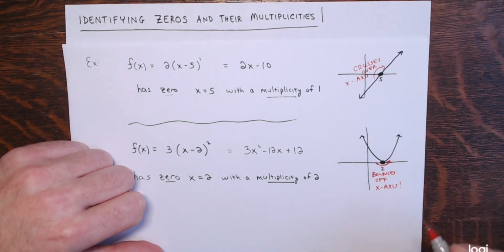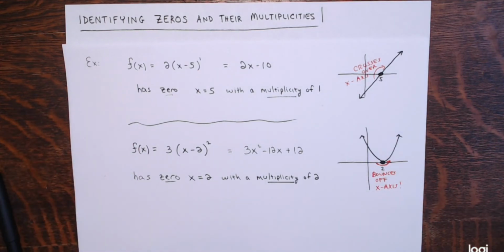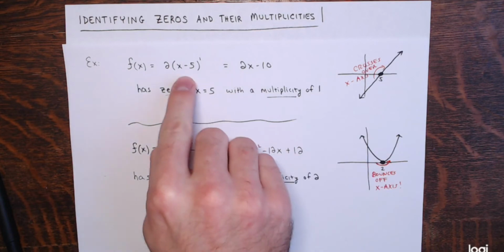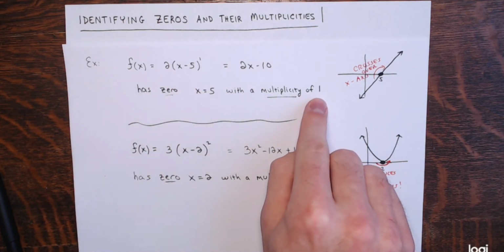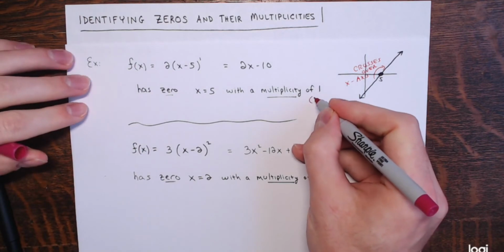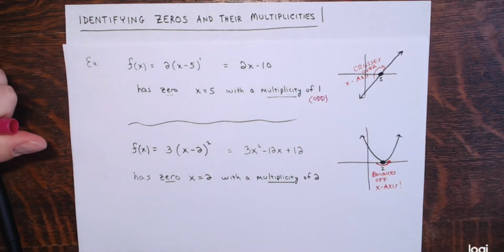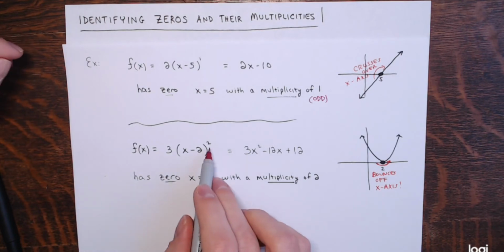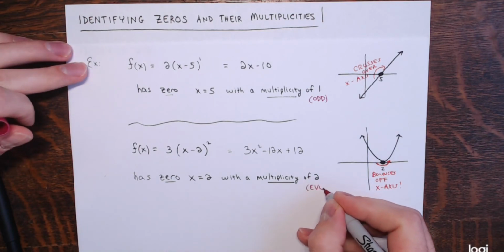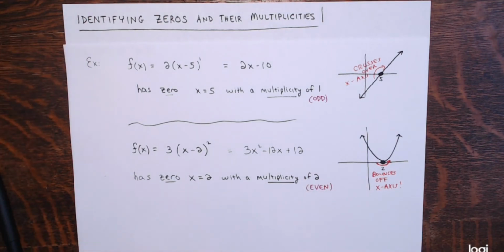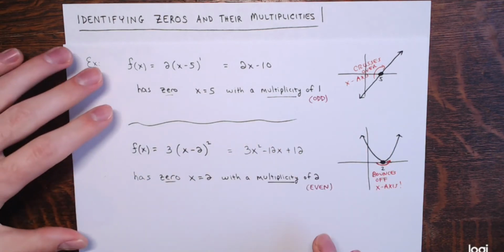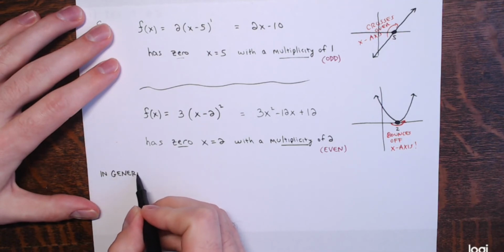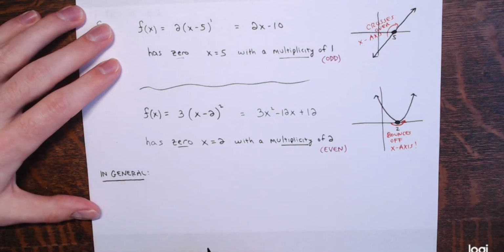All right, so why is that? What's the major difference between these two examples? This first example I showed you, x equals 5, has an odd multiplicity, right? A multiplicity of 1. Whereas in the second example, x equals 2 has an even multiplicity. It has a multiplicity of 2. And this is going to be the case in general. We're going to see this in all our graphs, and I'll go to the Desmos website a lot and show you. But in general,